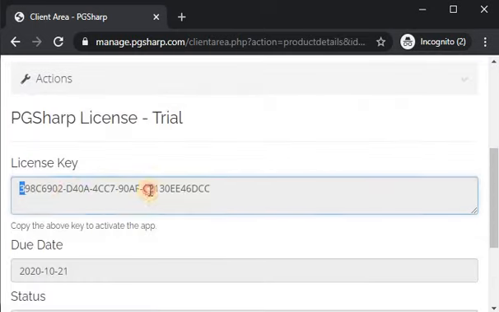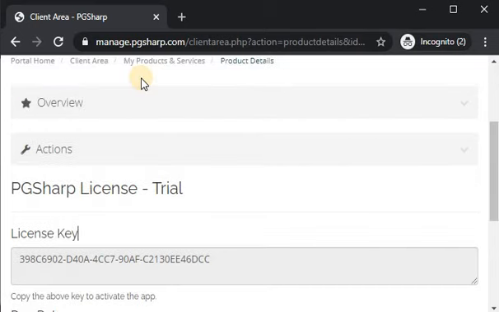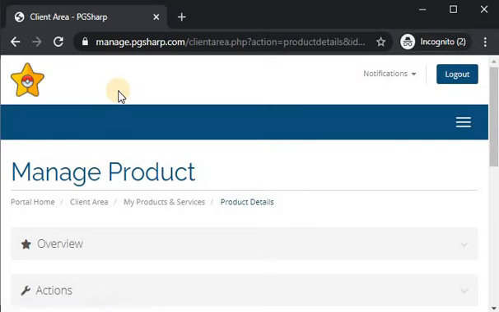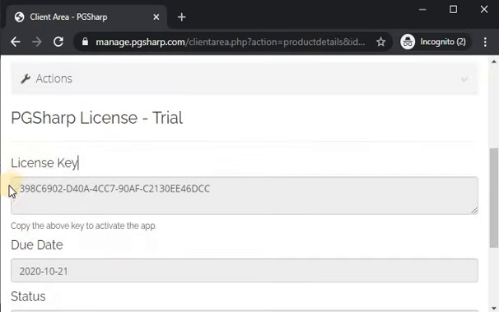See, you should copy your trial key, and you have downloaded the PG Sharp Pokemon Go. I have told you in the beginning. After downloading PG Sharp Pokemon Go, you should open it, and you should have a Facebook account or a Pokemon Trainer Club account. After getting your PTC account, click on returning player, then on PTC, then give your account details, username and password, and then it will ask for activation. If it asks for activation, click OK and copy this license key and paste it there.